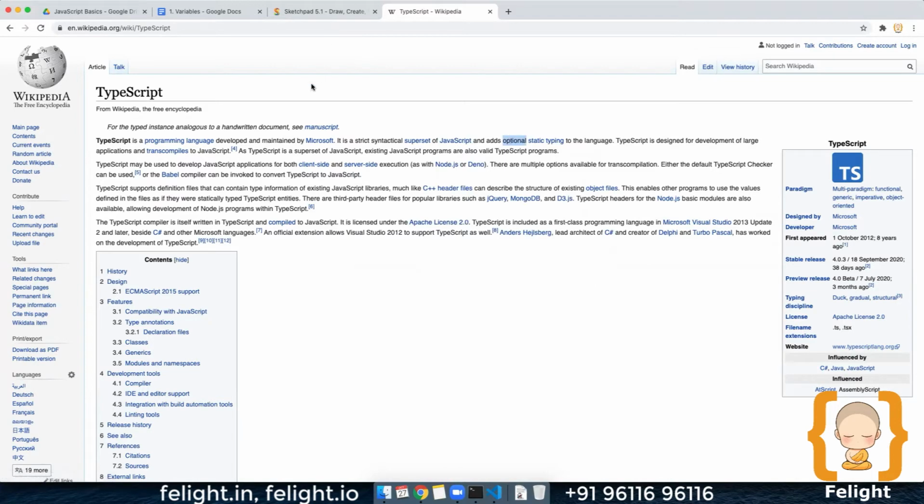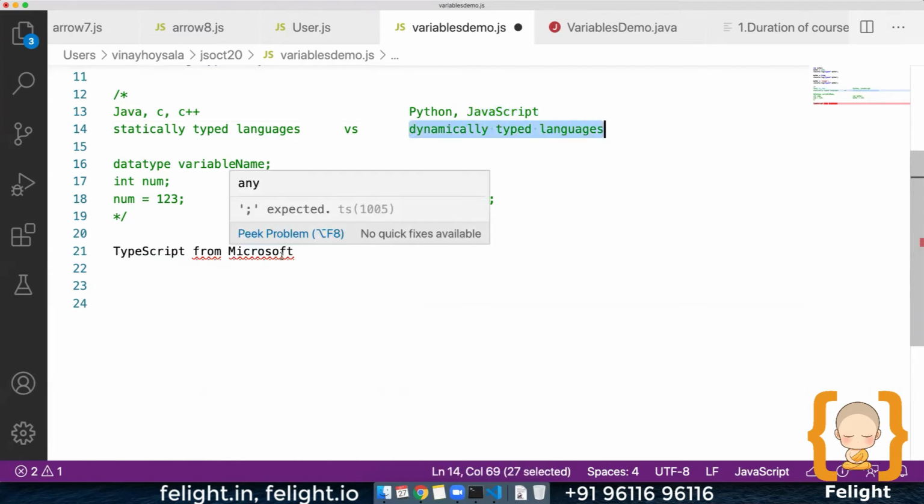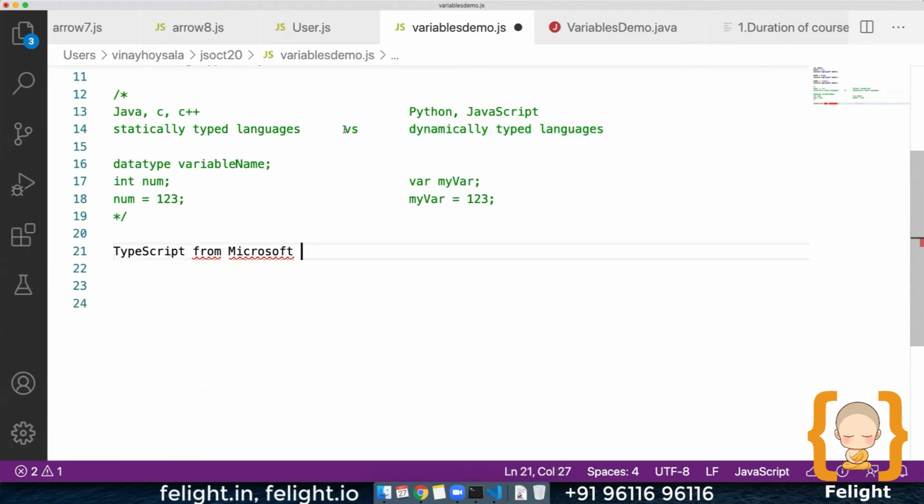Okay, so let me explain in a nutshell what it means. TypeScript is a superset of JavaScript. If you use TypeScript, you're using JavaScript as a statically typed language. If you're simply using JavaScript, then you're using JavaScript as a dynamically typed language. Does this make sense? Yes, JavaScript can be both a statically typed language or a dynamically typed language.